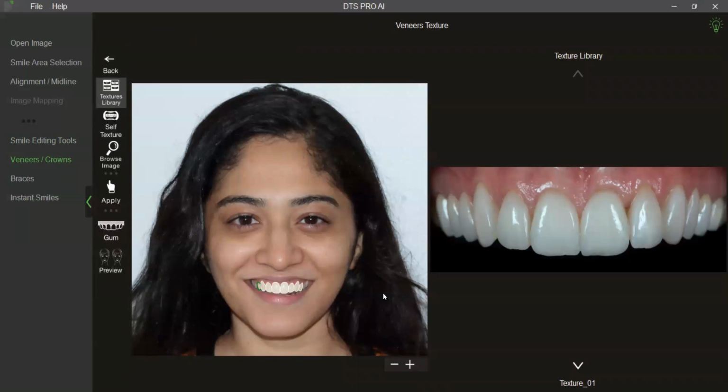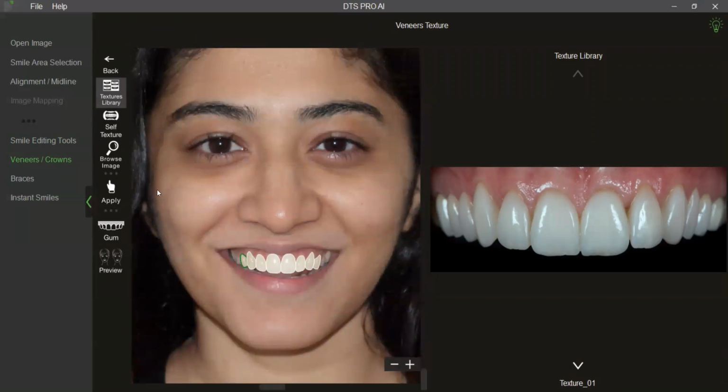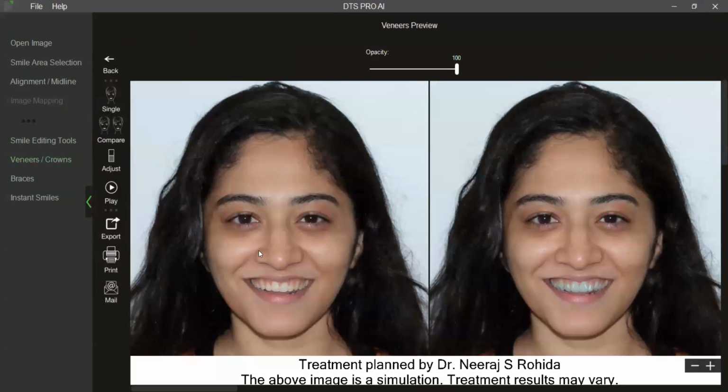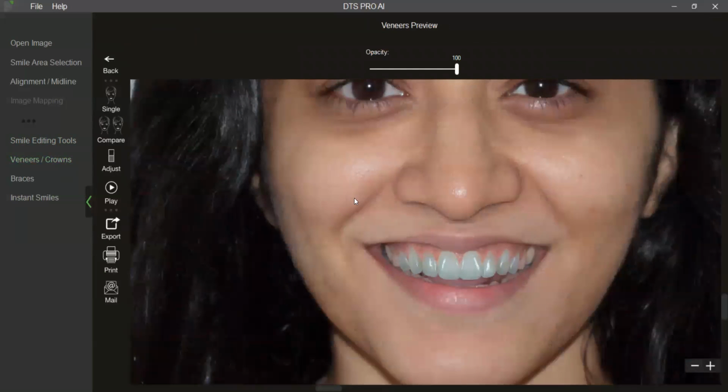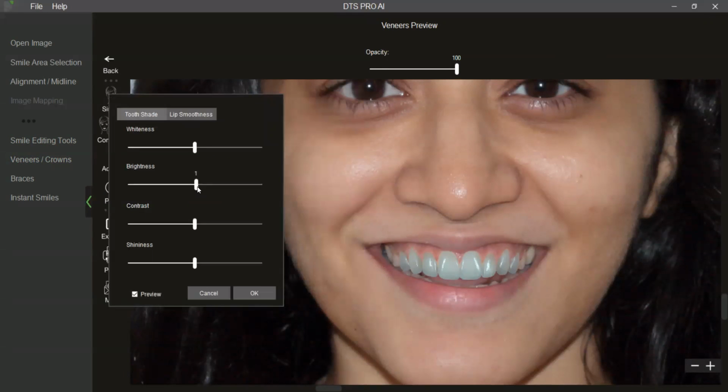Now let us insert textures so that this case is ready for simulation. I can choose texture number 1. Let us see that simulation there. Of course, I would like to make the teeth a little bright. Those are my 8 veneers.